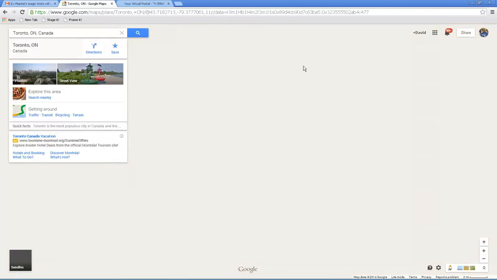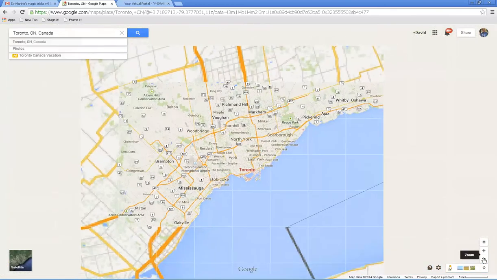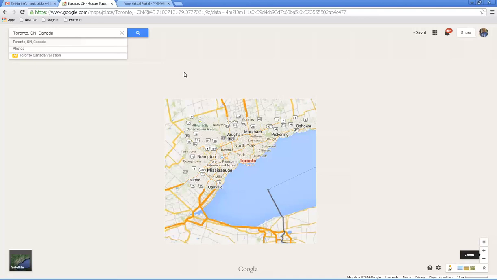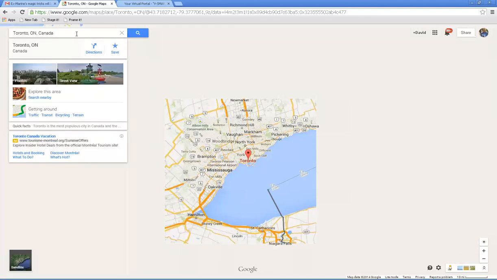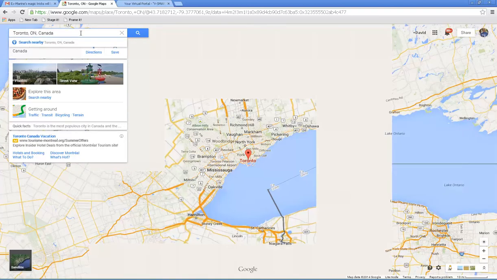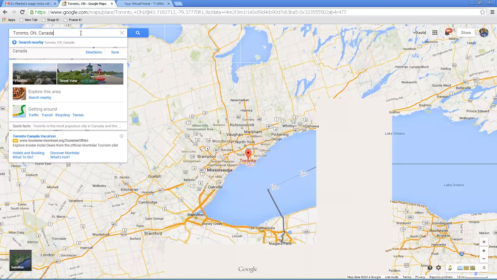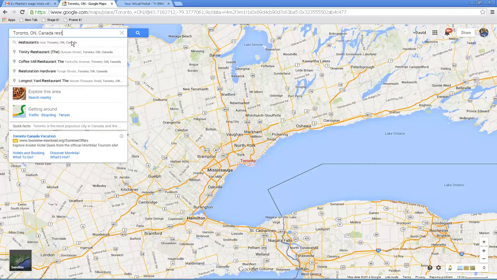And now we're going to go all the way up into the north, which is on the border there. And you can see right here, we're in Toronto, but we can actually zoom out a little bit. And so we can click on that a couple times. And what we can do is, once that loads, we just got a little delay because we're recording, but we can go in there, and I'm going to put in restaurants. All you need to do is type in a few characters. It will autofill. So we can go up there, restaurants,